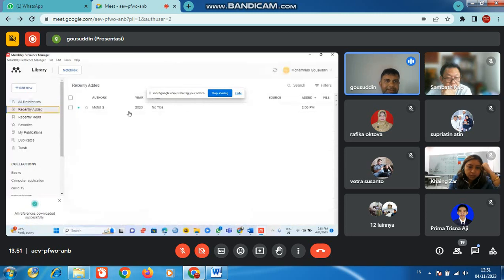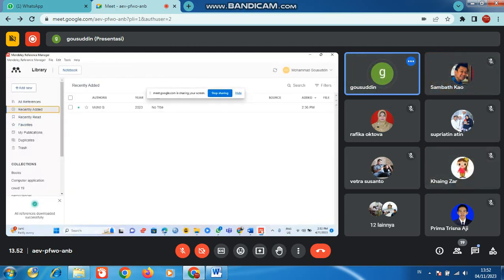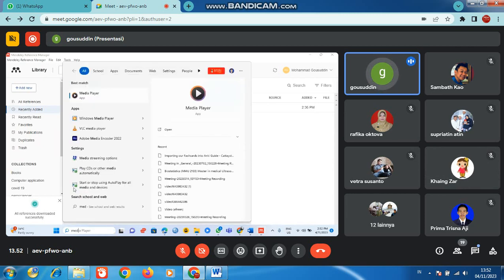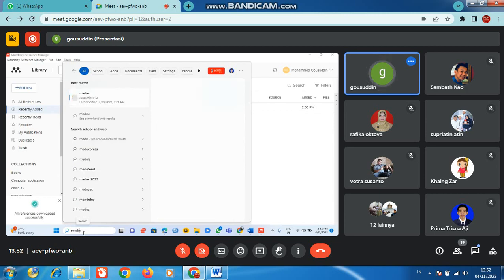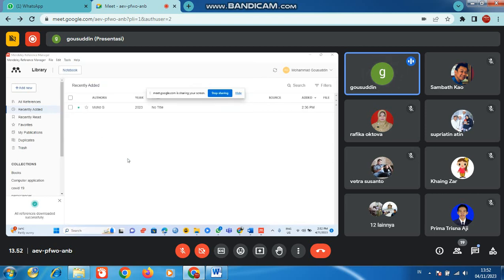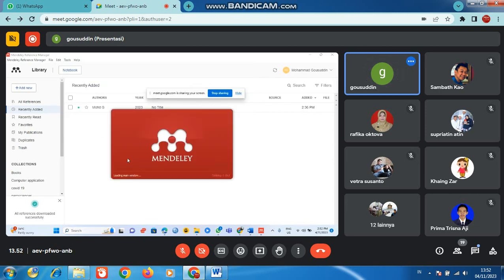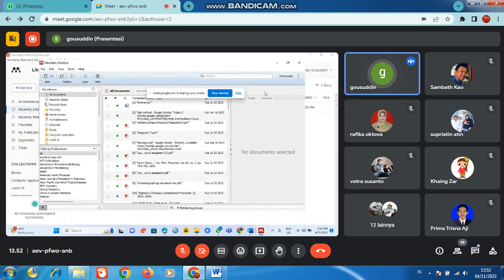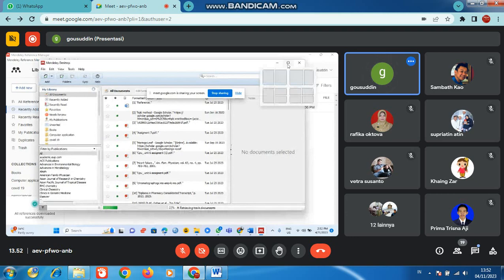Recently added. This is recently added from this, but it is appearing here also because of this Mendeley. I have it too. This Mendeley I was using last time, but it is not supported nowadays. This is Mendeley desktop. This is not available, but this is also very useful for me. But it is synchronized with your